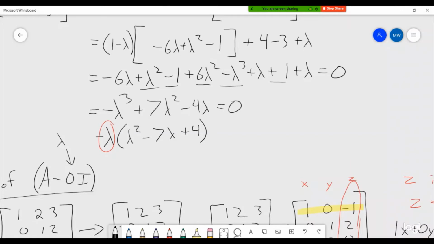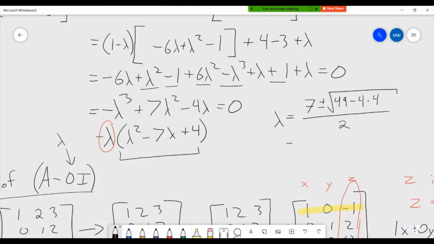The quadratic formula would tell us that lambda equals the opposite of b, so 7, plus or minus the square root of b squared, so 49, minus 4 times a, so 4 times 1 times 4, all over 2 times 1. So that would be 7 plus or minus the square root of 49 minus 16, square root of 33,